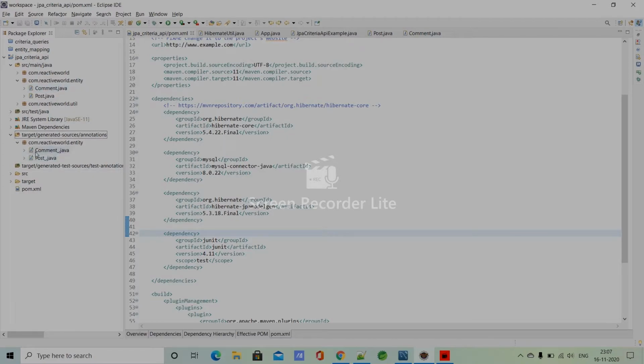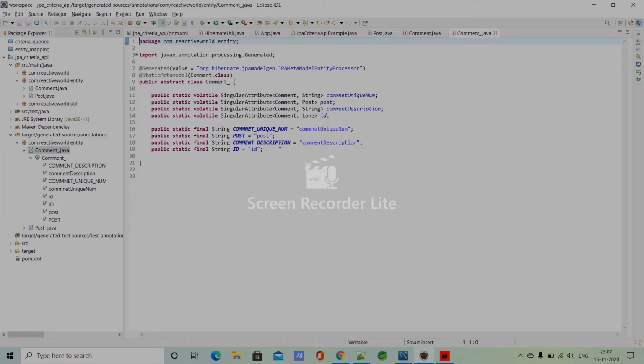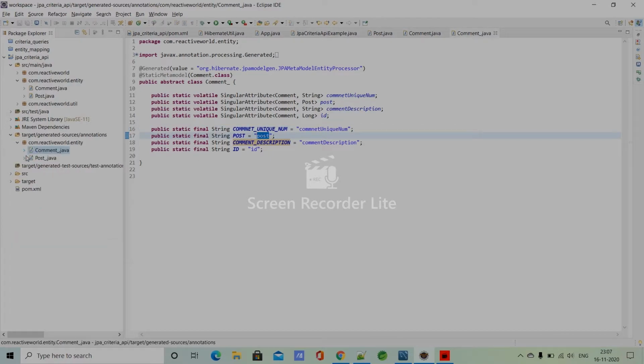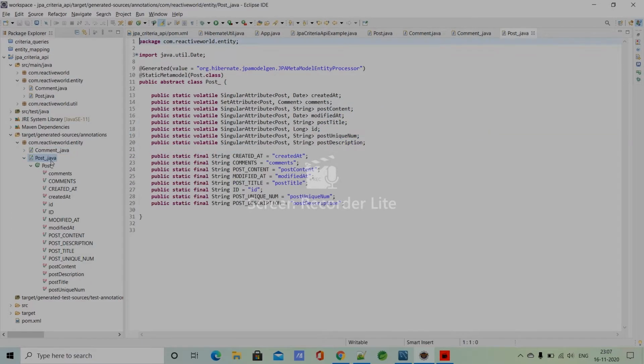Okay, so let's look at these classes. You can see it contains static fields for accessing the attributes, or you can say to access the variables of the entity. Okay, let's have a look at the Post underscore class.